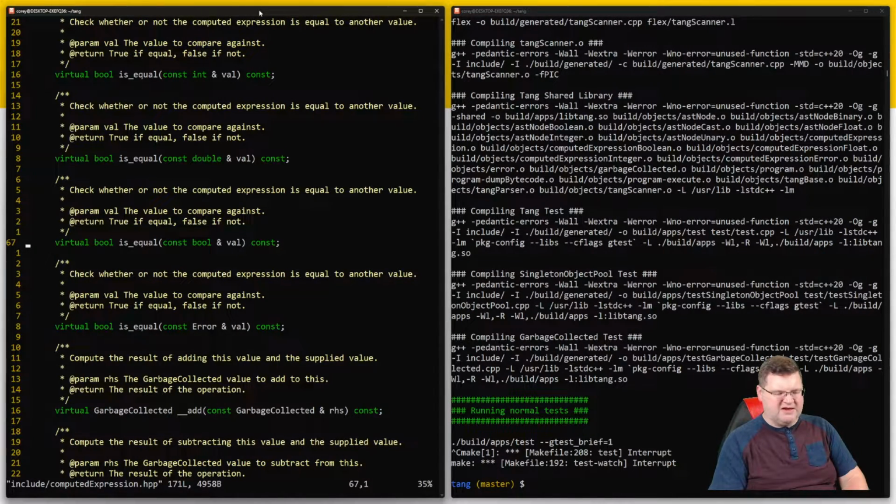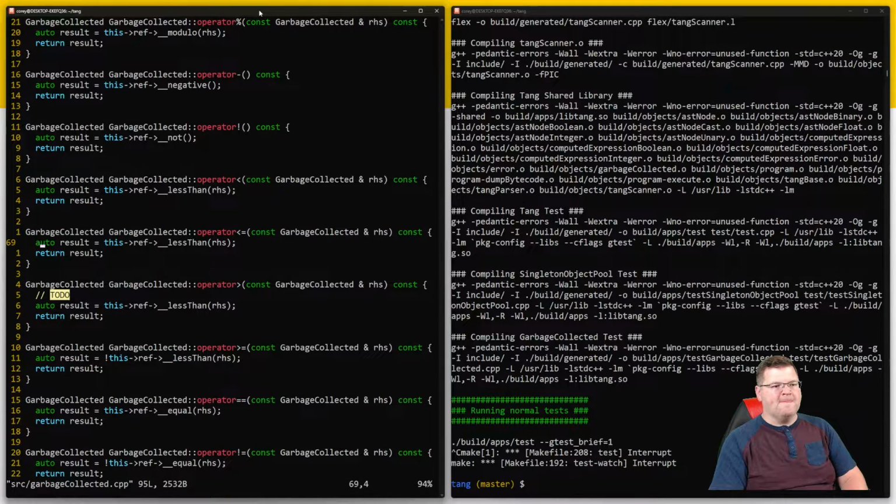Okay, it's going to be a refactor in the future. For right now, yeah. For right now, okay. Is equal, and that'll give us a bool. And